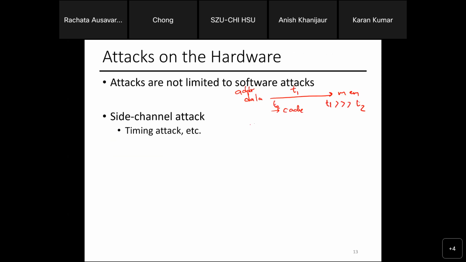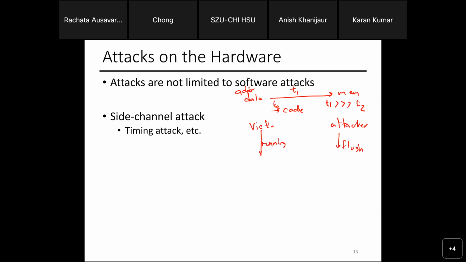So this is the victim. It's running. This is the attacker. The first thing the attacker does is flush the cache. When I say flush the cache, it means that I get rid of everything in my cache. There's an assembly instruction you can type, one line, and everything in the cache is gone.